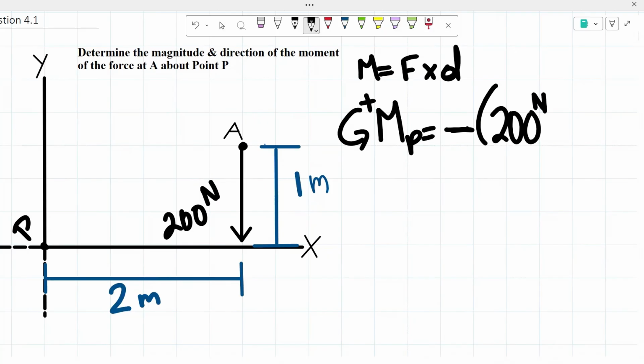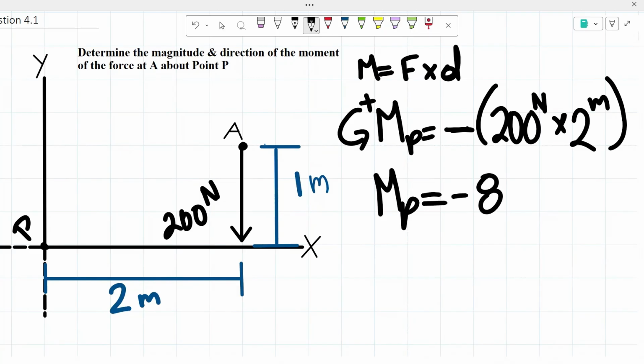So we have our 200 newtons times 2 meters. From there, we input that into our calculator. We would get that the moment around point P is equal to negative 800 newton meters,